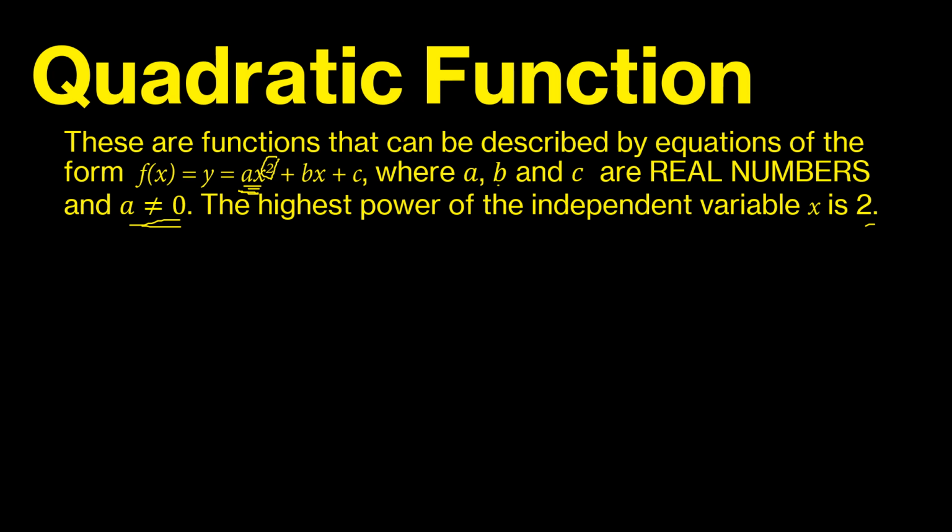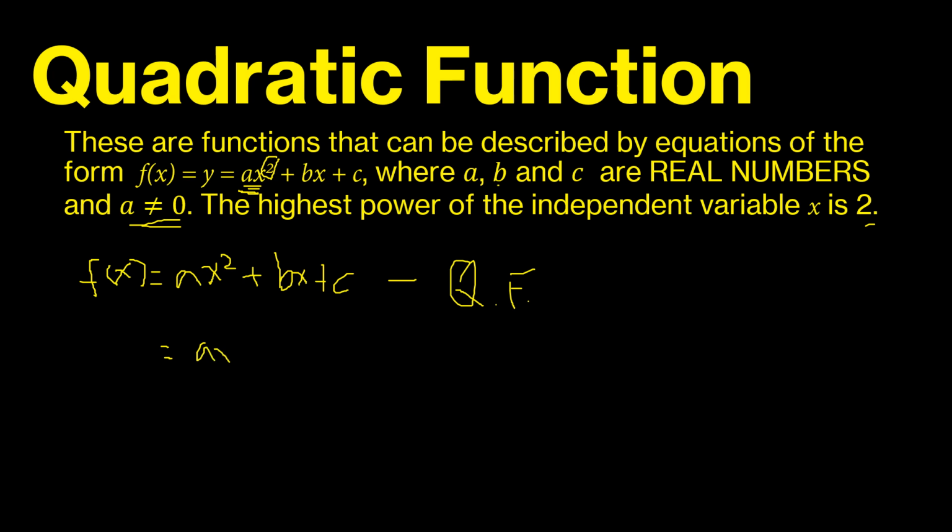A quadratic function starts with f of x, or function of x, equals ax squared, the quadratic term, plus bx plus c. So this is the general form of the quadratic function, while a quadratic equation has only